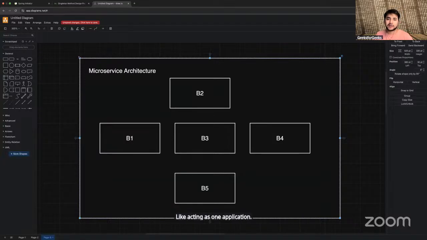These are all individual services. Clear? This is what microservice architecture is.